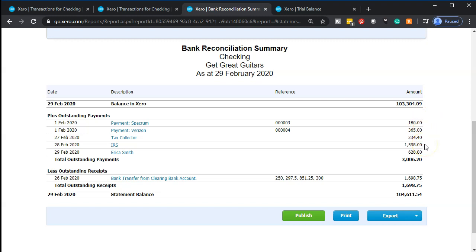These are the reconciling items that we assume will clear next month. So we assume these will clear next month. And if we want to check on them, we can always check March and see if they do indeed clear. And if they don't, we can look into that problem. But as of the end of February, they should be the reconciling items. So they're reconciling. That gets us to the